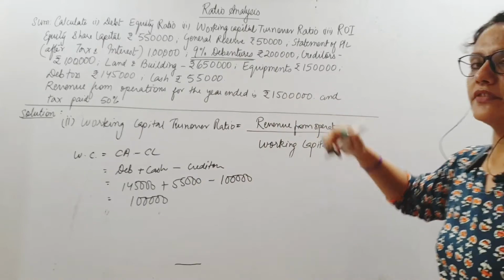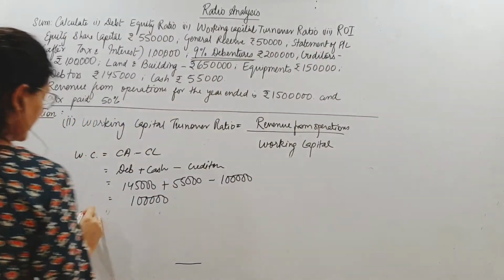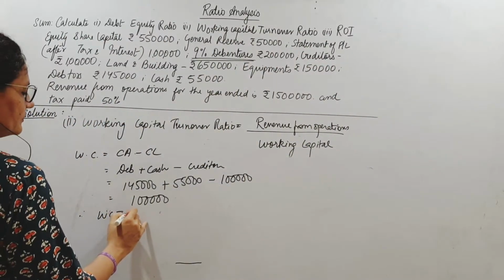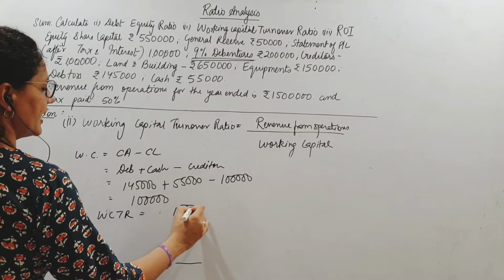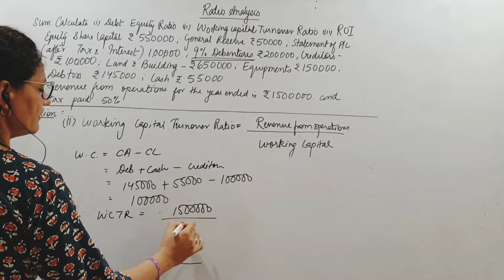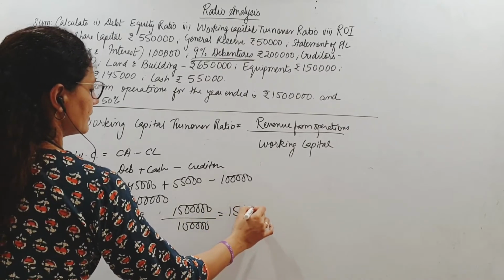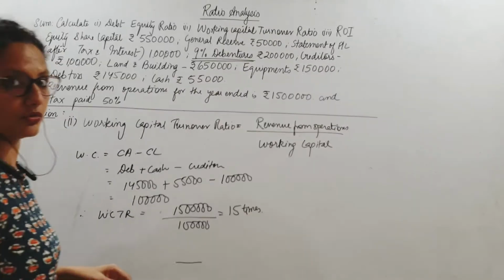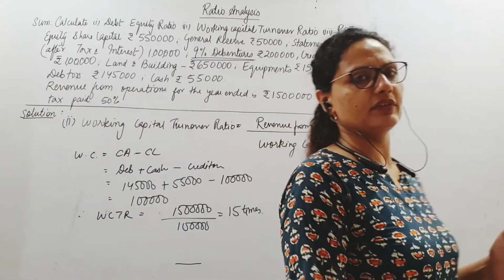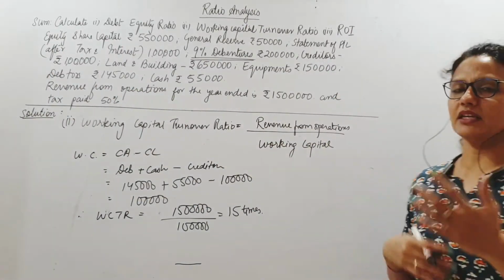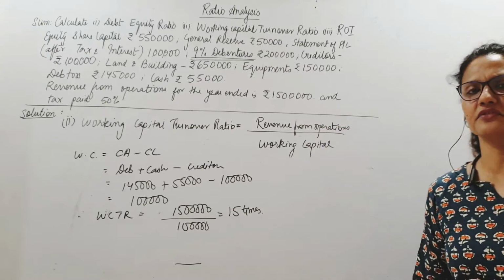Revenue from operations is 15 lakhs straight away. Therefore, working capital turnover ratio is equal to my revenue from operations, 15 lakhs, divided by 1 lakh. So it's 15 times. My God, huge! With just 1 lakh working capital, I am able to generate 15 lakhs of sales, which is good